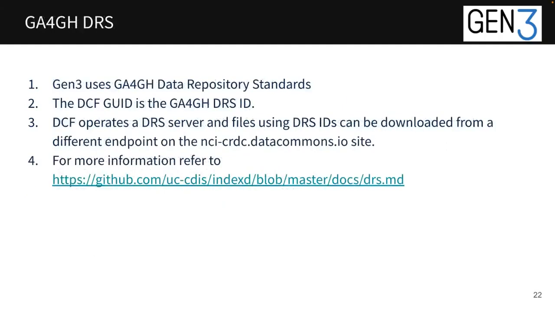https://NCI-CRDC.datacommons.io/index/GUID. Gen3 uses GA4GH data repository standards. The DCF GUID is the GA4GH DRS ID. DCF operates a DRS server, and files using DRS IDs can be downloaded from a different endpoint on the NCI CRDC datacommons.io site. For more information about our GA4GH operations, I refer you to this URL on the IndexD GitHub